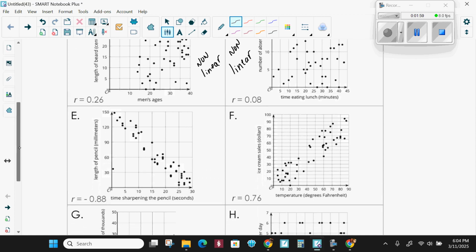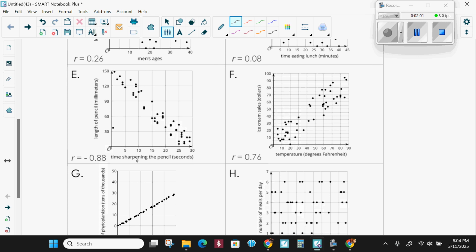Okay, so here it says time sharpening the pencil to the length of the pencil. Well, the more you sharpen it, the less you have, so obviously it's going to decrease in there, and that is a very linear graph. Temperature to ice cream, oh, little tiny words, ice cream sales. Okay, so the hotter it is, the more ice cream sales you get. This is pretty linear, I would say this would probably be linear,